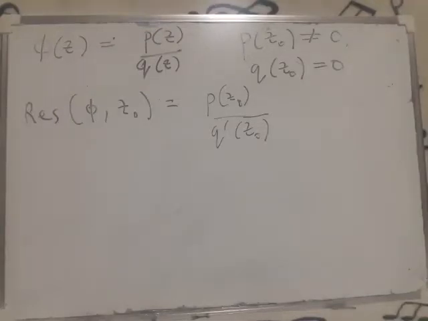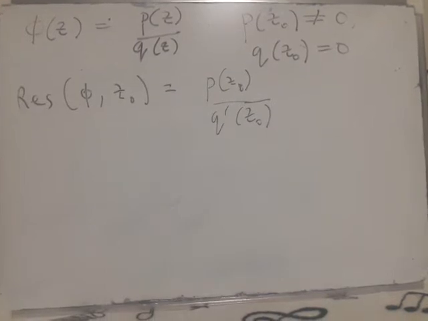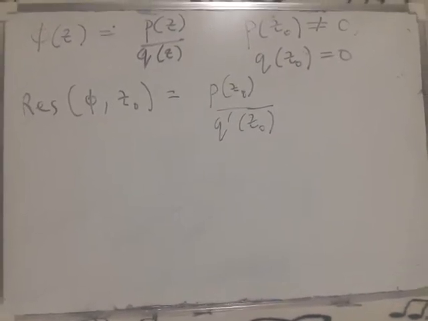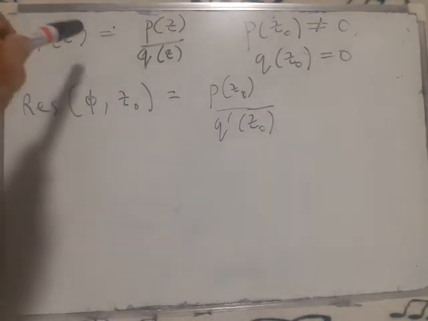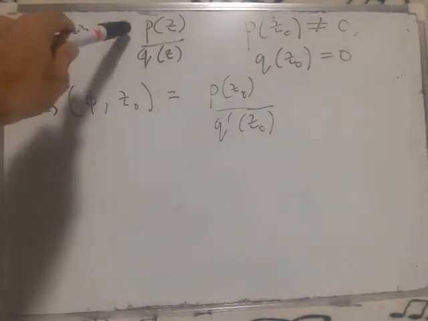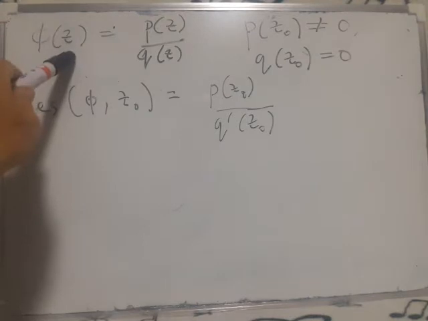So the other method for evaluating residues of simple poles is the following. This method is generally the fastest, and it can be extremely fast. Basically, we can use it if there's some way to write the function we want to find the residue of